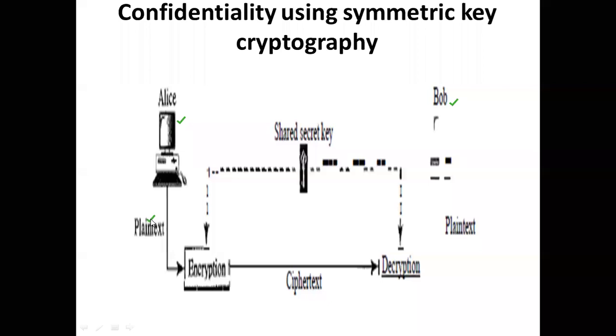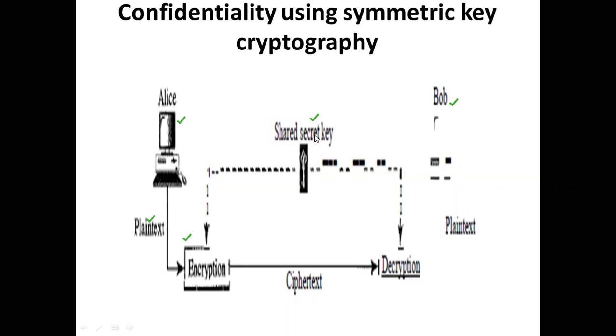Now, to this plain text, an encryption algorithm is applied, along with a key which is shared between the sender and the receiver. This is called a shared key. The same key is available at the sender and the same key is available at the receiver. A key could be something like a code that you apply to your data to access the original message. Like, sometimes when you are installing some software, it will ask you to enter a key. Key is a unique number there.